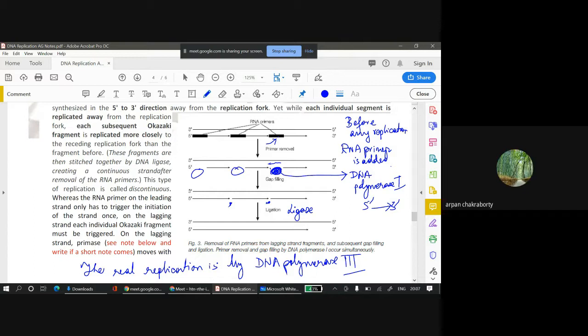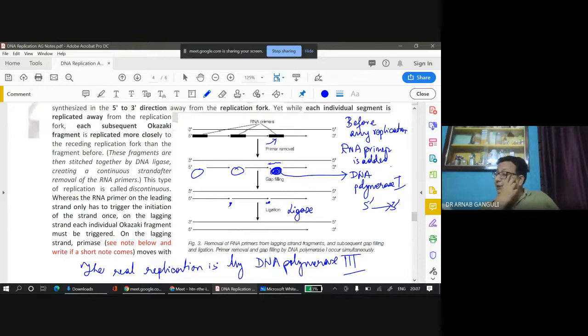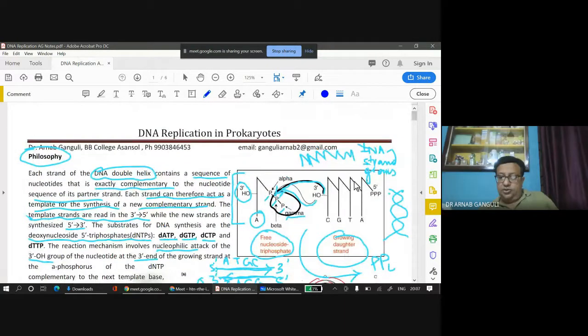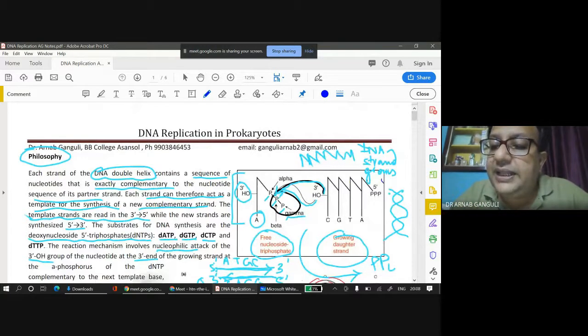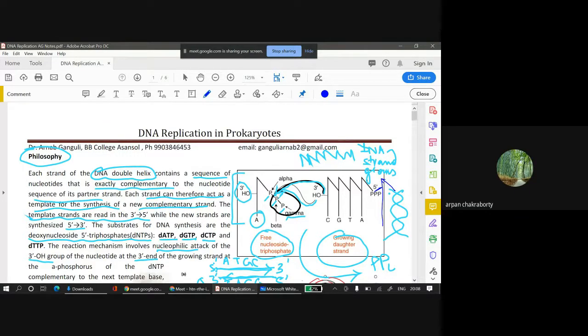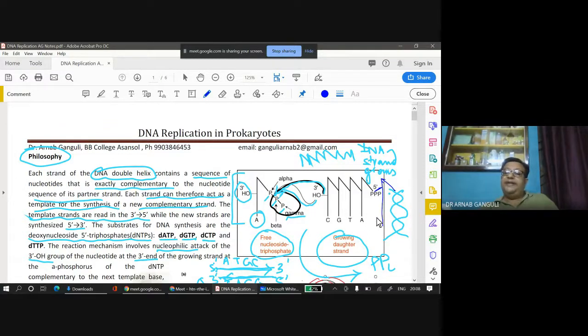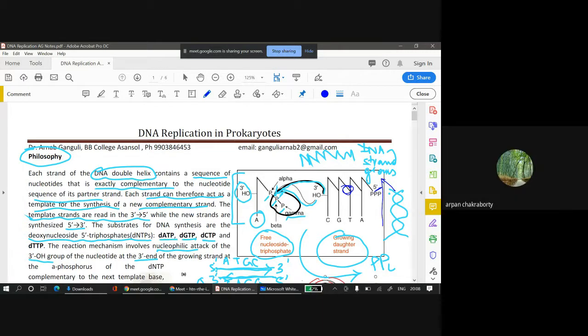হ্যাঁ স্যার। তো স্যার ওই ওকাজাকি ফ্র্যাগমেন্ট গুলোতে প্রথমে আরএনএ প্রাইমার গুলো যখন লেগে থাকে তখন তো কোনো গ্যাপ থাকে না ওদের মধ্যে। গ্যাপটা থাকে কিন্তু, মানে যেরকম একটা নিউক্লিওটাইড আরেকটার সঙ্গে জোড়া থাকে, এরকম জোড়া থাকে না। লাইগেজ আবার এটাকে জুড়ে দেবে। খোলা থাকবে, মানে কোনো নিউক্লিওটাইড মিসিং নয় মাঝখানে, কিন্তু জিনিসটা জোড়া নেই।